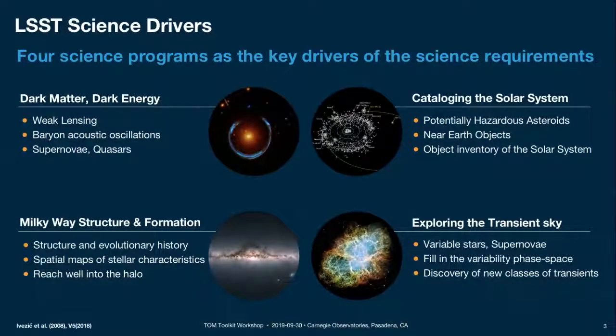Cataloging the solar system by observing and measuring the motions of a large number of moving objects in the solar system, from near-Earth objects to main belt asteroids to outer solar system objects, and characterizing potentially hazardous asteroids for their significance for life on Earth, and cataloging the solar system at large as a way of understanding its history and